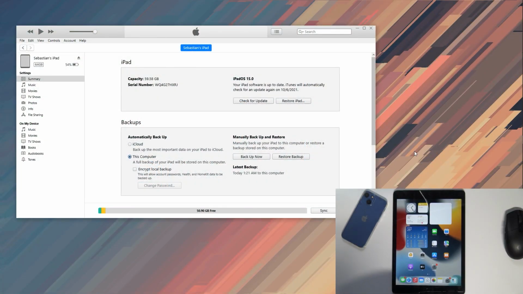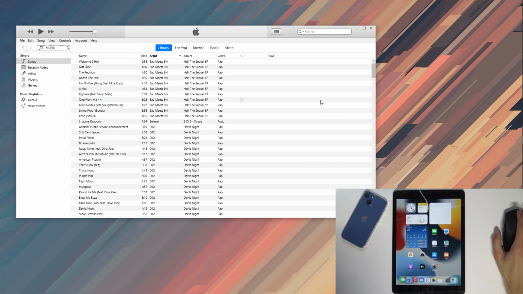Welcome. In front of me is an iPad from 2021, and today I will show you how to restore your device from a backup. So to get started, let me just unplug it and give you a more adequate scenario. Most likely, chances are you probably never plugged in your device to your computer,